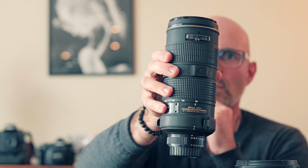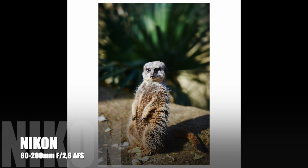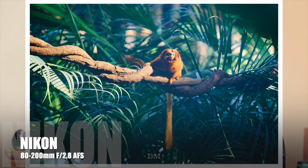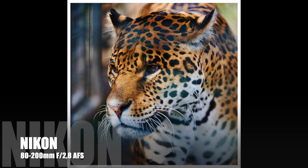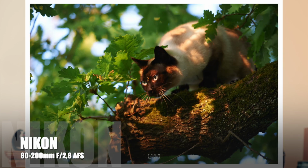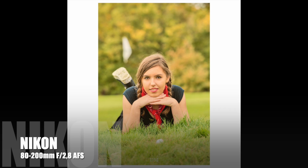The next one is this one. I tried to sell it sometimes, but I didn't succeed in selling this lens. Maybe I went too high because I don't want to get rid of it in reality. It's the 80 to 200 f2.8 AFS lens. So it is the AFS, that means that it's here again, internal zoom, nothing moves. The lens keeps the same size when you zoom in and out. It's a fixed 2.8 aperture, no vibration control inside,